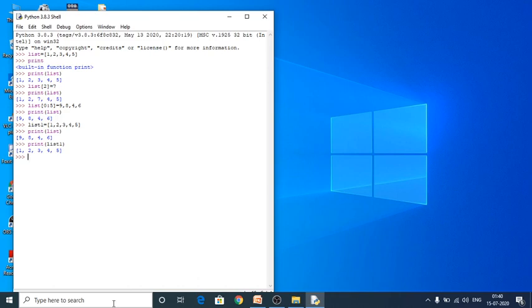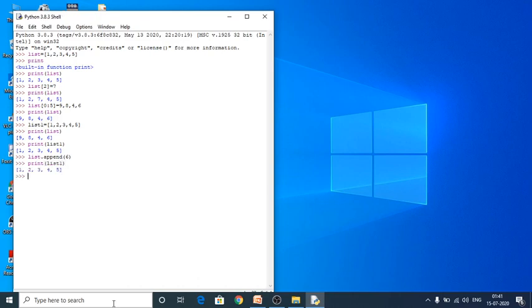First of all I'm going to use the append function, list dot append. Here I have to give the value of the element I want to add into the list. Here I want to insert 6. Yes, the value 6 is inserted into list 1. So I'm going to print list 1.